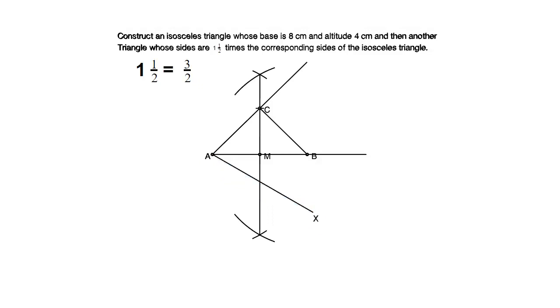So you can observe here, this line is an acute angle line because it is less than 90 degrees. Now the next step is to draw the number of arcs. Do you remember in the last video I told you how to select the number of arcs we need to draw on this line AX? We need to select the number in the ratio which is greater. Here you can observe it is 3 by 2. In 3 by 2, 3 is the greater number. So we need to draw 3 arcs here.